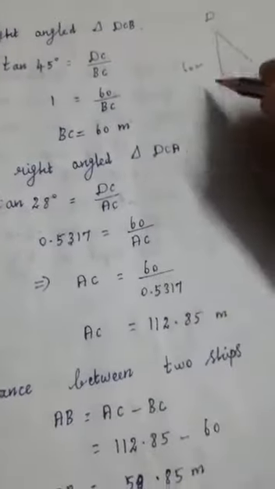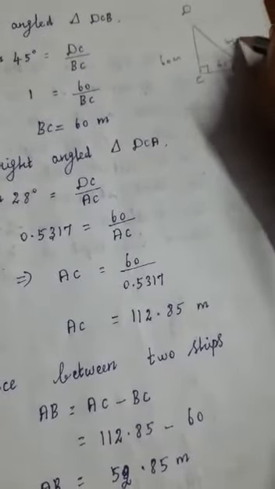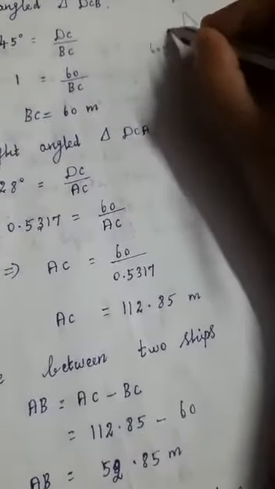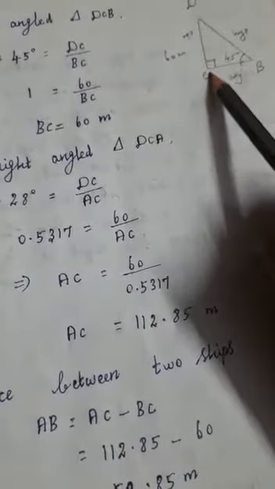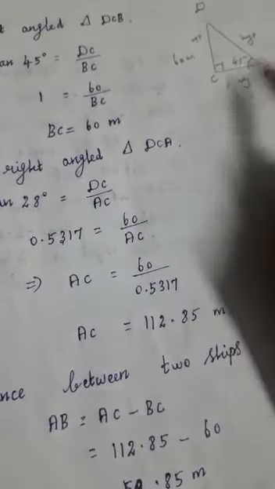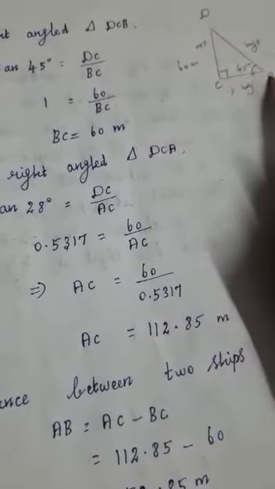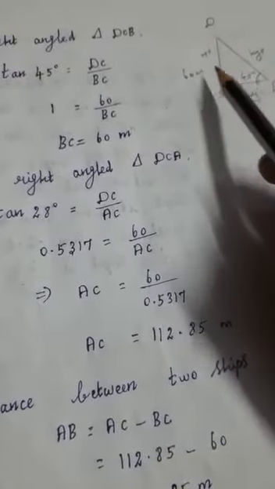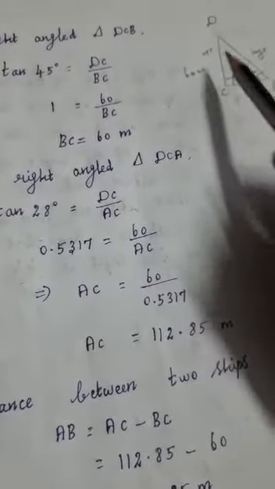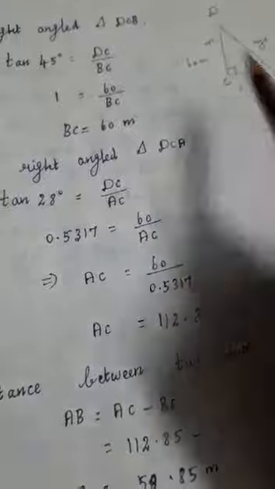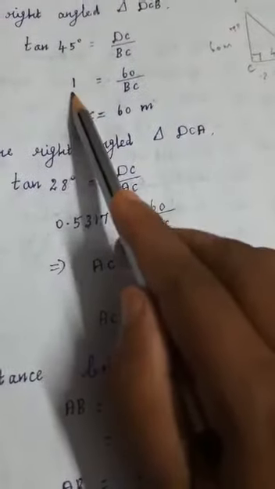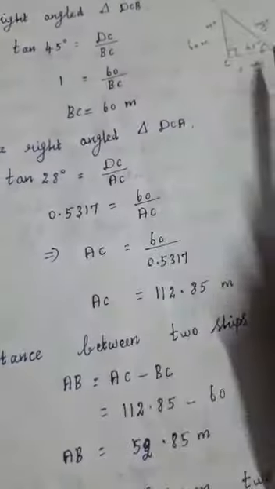Okay, so you know that this right angle opposite, this is the hypotenuse. The next one, this angle, this is the opposite side, this is the adjacent side. Because the two ships down part only we need to find out, so this side also we need. So opposite and adjacent, which ratio can you take, the tan ratio. Tan angle is 45 degree, opposite by adjacent, so CD divided by BC. Tan 45 degree, from the tabular column you know that the value is 1.